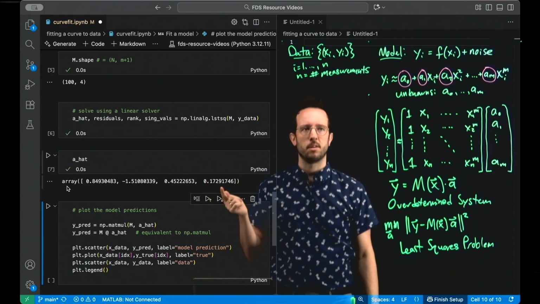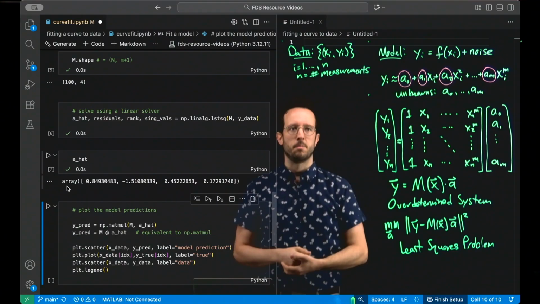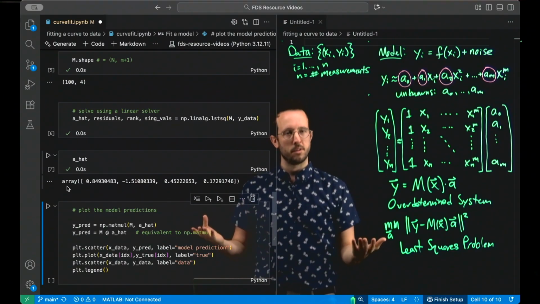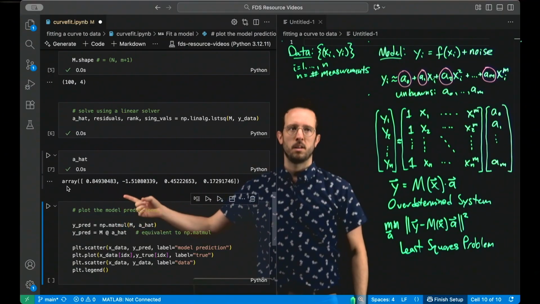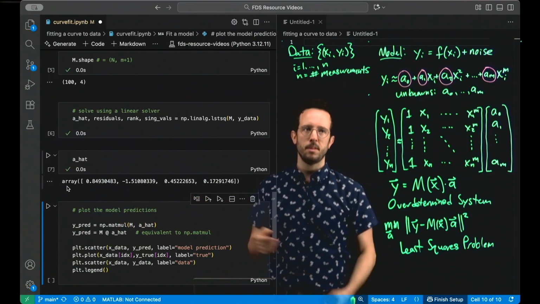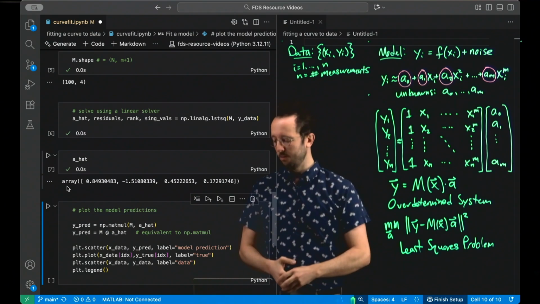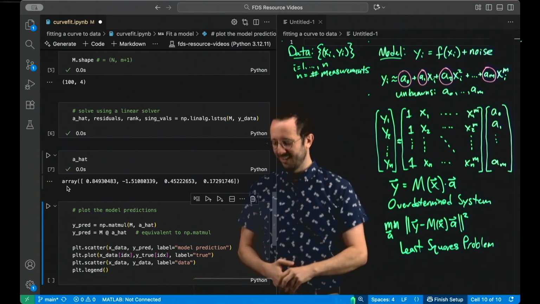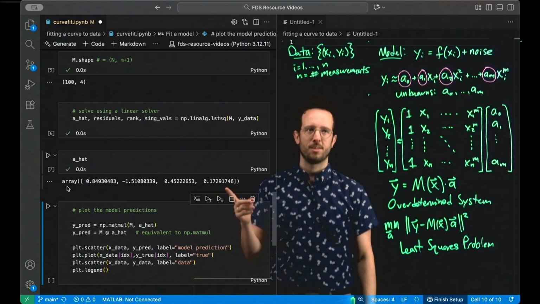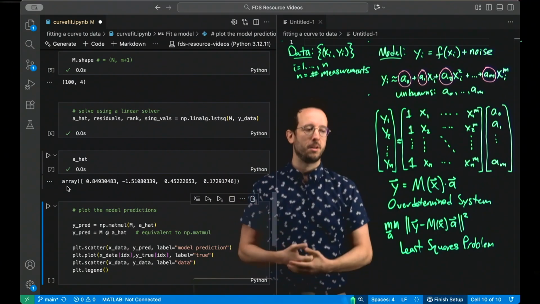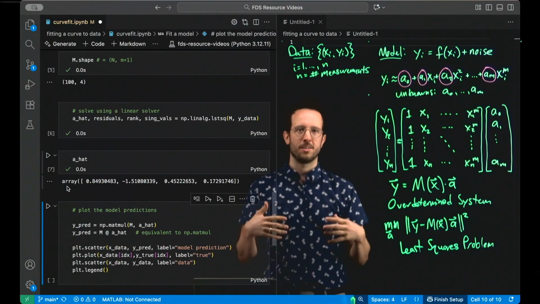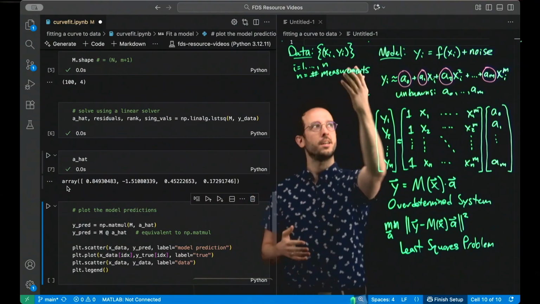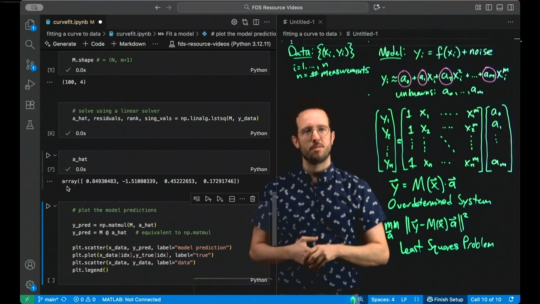plus 0.17 x cubed. So we know the true coefficients, we happen to because we generated the data, and those would be 1, negative 2, and 1. So in this case, we didn't do all that well. And in particular, we have this term that's not in the true model. But of course, in general, you don't know the true model. This is all a fitting problem. We just have our data, and we need to find f.